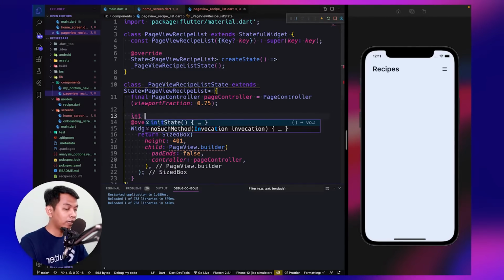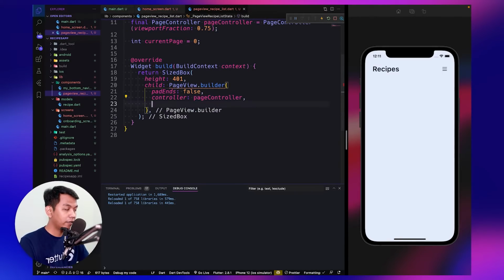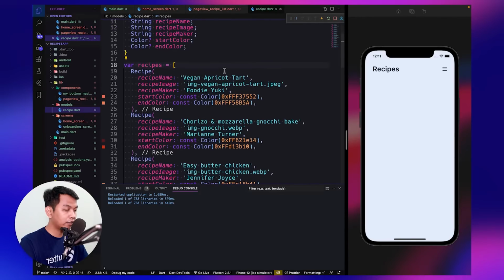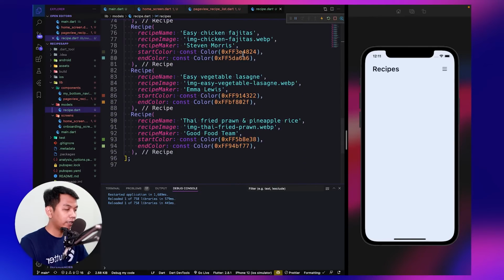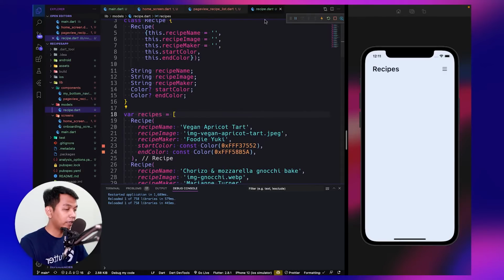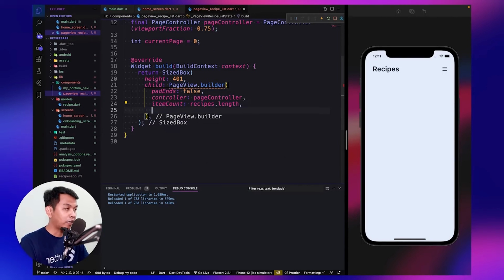And the another one is a current page, we set it to 0. Okay, and below that we say item count, and for item count we say receipt.length. And as I said before, this receipt is our model, so it returns how many receipts are inside this receipt list. So I just say receipt.length.